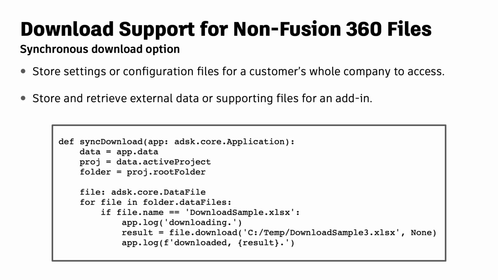So now what you can do is, if you wanted to store some sort of a settings file, I've had people ask where they want to have a global settings file for all of the users in a company for their app and put it in the Fusion Team Hub somewhere. And so now what you can do is, you could always upload the file, but now you can download the